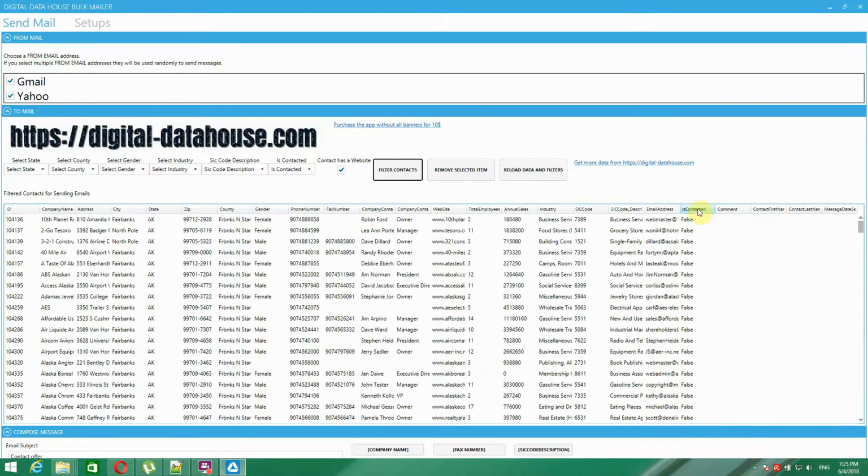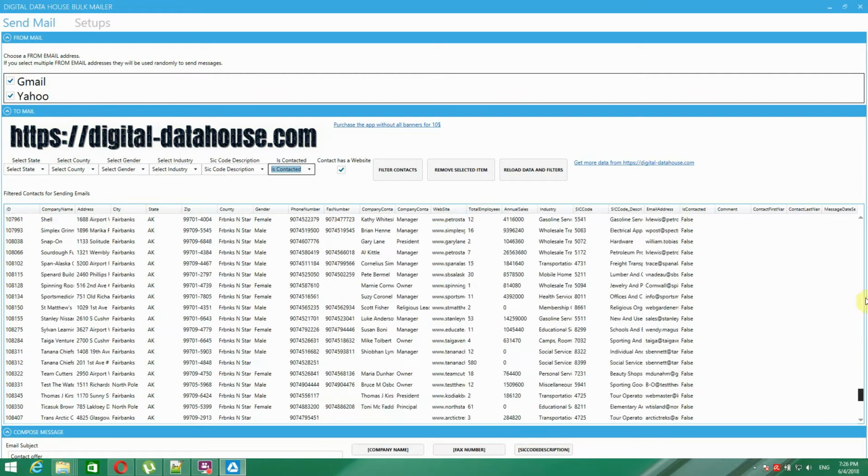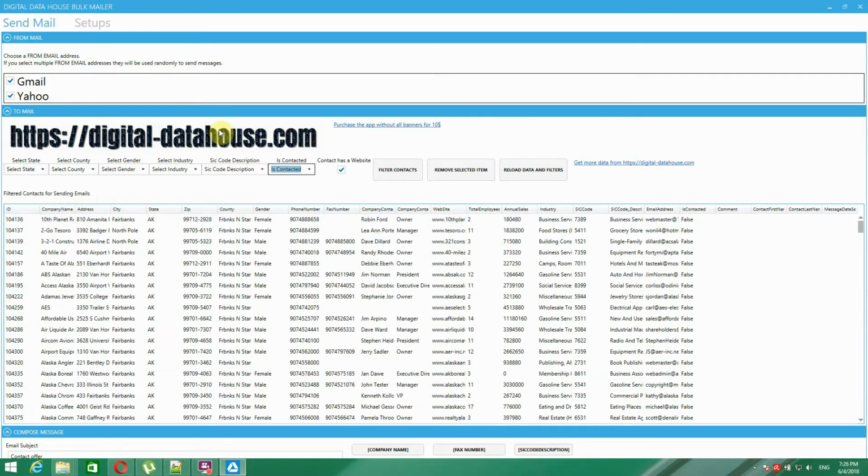As I can see, I also have this very interesting is contacted column that, after I send emails, will be changed to true. So I'm able to check and further filter these records on which I have already sent an email and to which I still need to send my emails. So essentially the most important thing here to know is that this is the list on which the mass bulk mailing is sent, from which